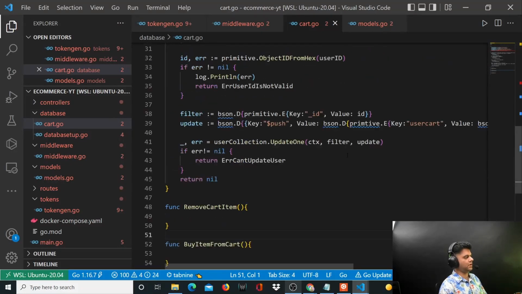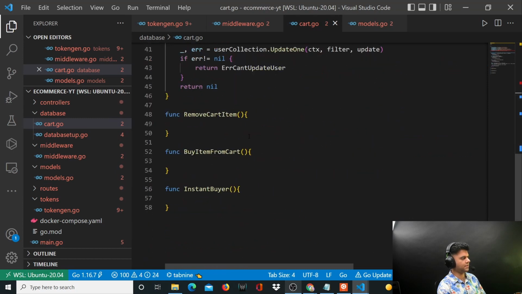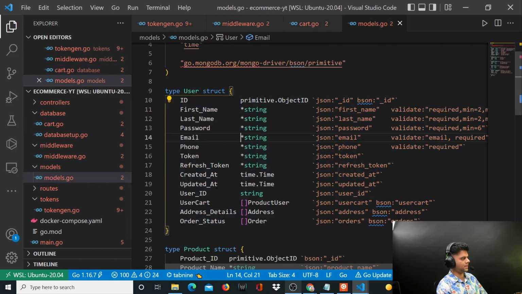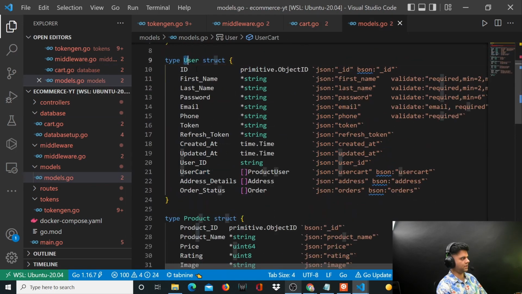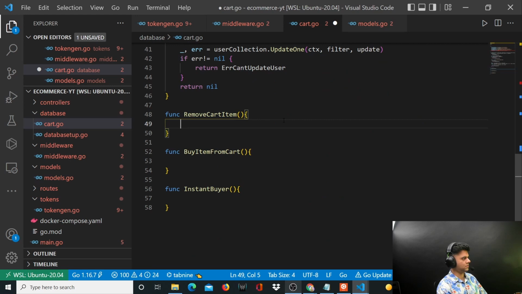So we were working on our database related functions, like we worked on add product to cart last time. And in this video, we'll just work on remove cart item. To remove an item from cart, we can update the user collection with zero data or empty data for the cart. So if you look at your models, the cart is part of the user struct, and this can be basically made empty. So remove cart item takes in context,